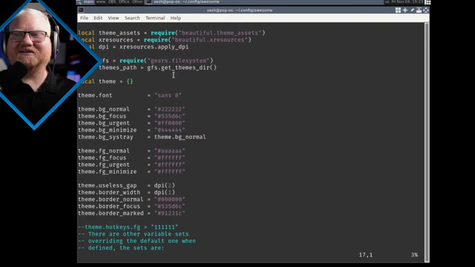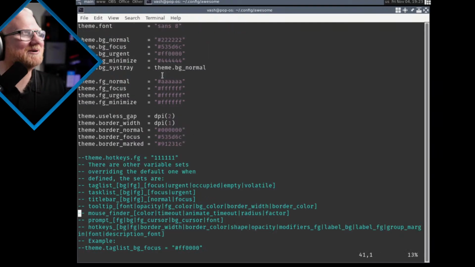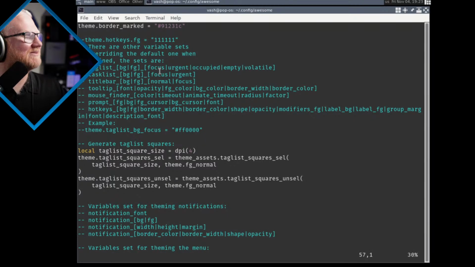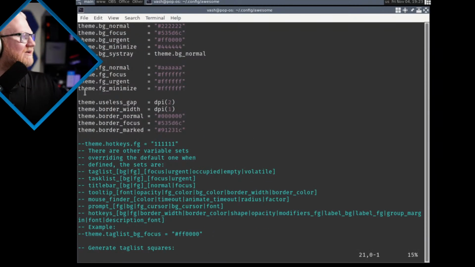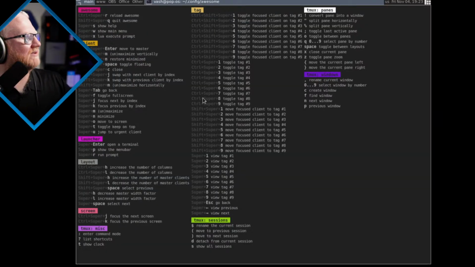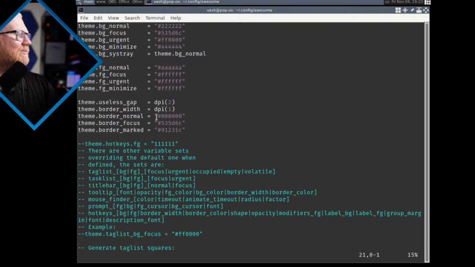Well, I finally got back to the point where I was before, after I realized that my theme was part of the problem here. So right now, when I hit Super S, I get this, and I'm trying to get this gray and black to be something a little bit different. So I think it may be